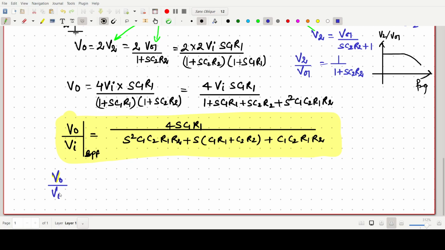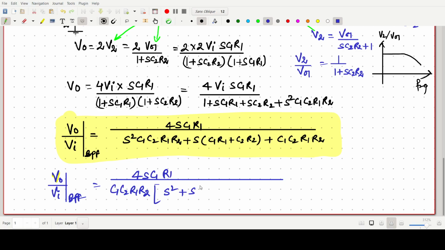V naught by Vi for a band pass filter, and what I am writing is S C1 R1 upon, and I am taking C1 C2 R1 R2 common, then we can write S square plus S, 1 by C2 R2 plus 1 by C1 R1